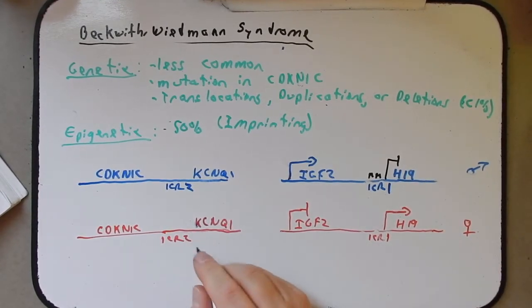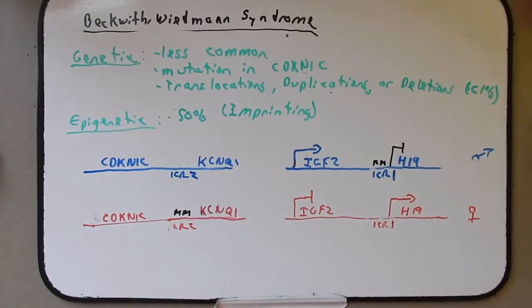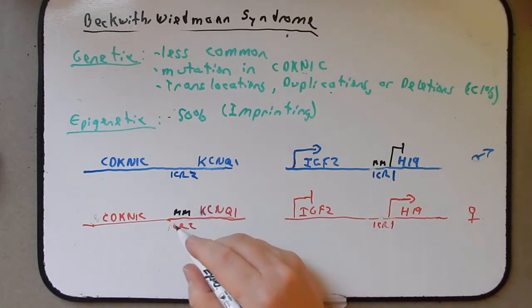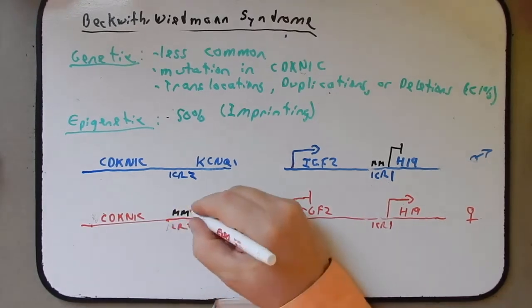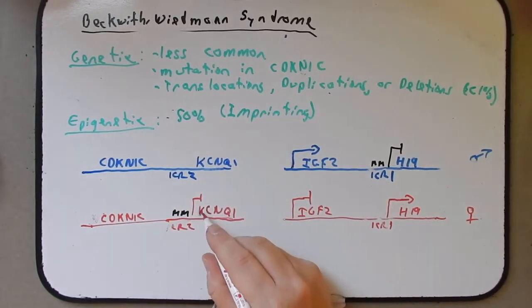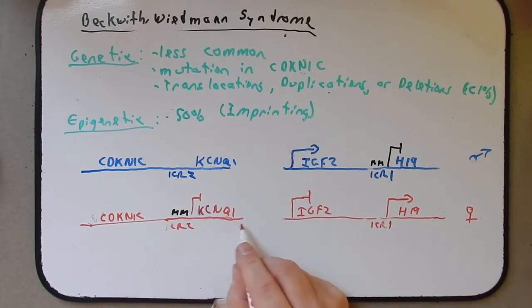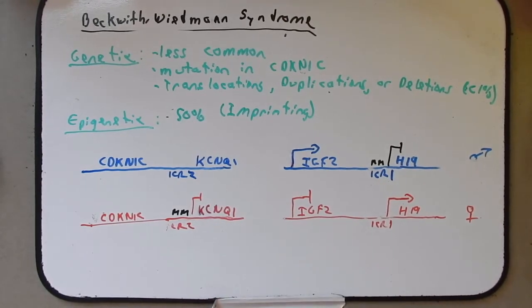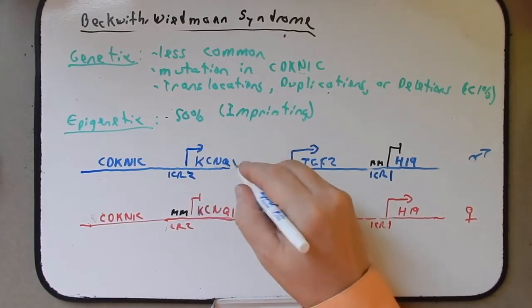Usually the ICR2 is methylated on the maternal copy, so it's a little different here. Okay, so now the opposite happens, as you might imagine, with the ICR2 methylated. It represses the transcription of this non-coding RNA on the maternal side, but on the paternal chromosome, the KCNQ1 RNA